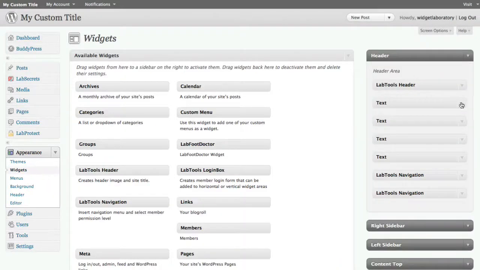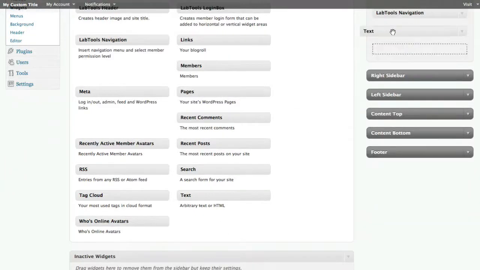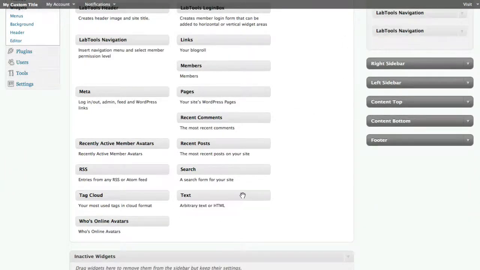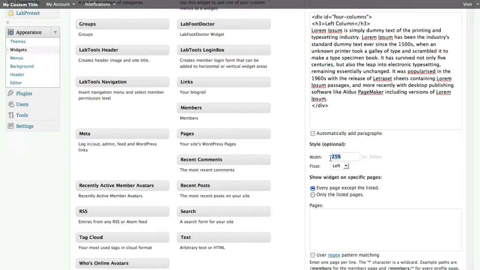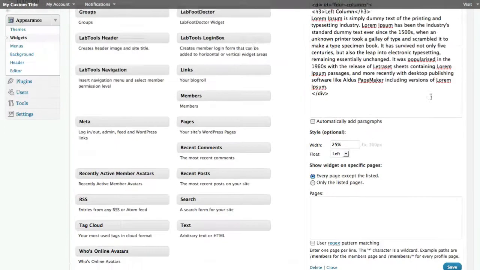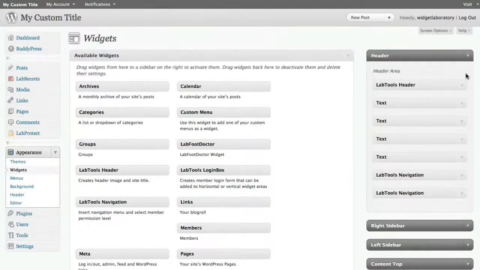So I made 4 text widgets, which I just simply scrolled down and dragged over and dropped in place. And then on each one of them, I added the snippet code, gave each one of them a unique title, and then set the width at 25% and the float to left, because I want everything to scrunch to the left side so that there's no leftover space. Last but not least, I went ahead and added a LabTools header